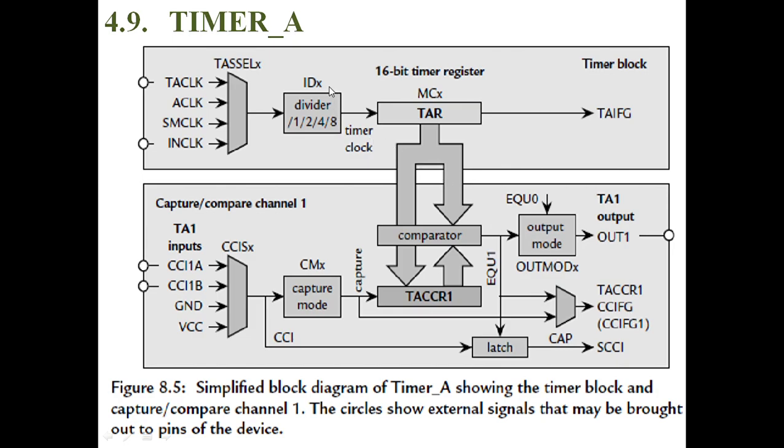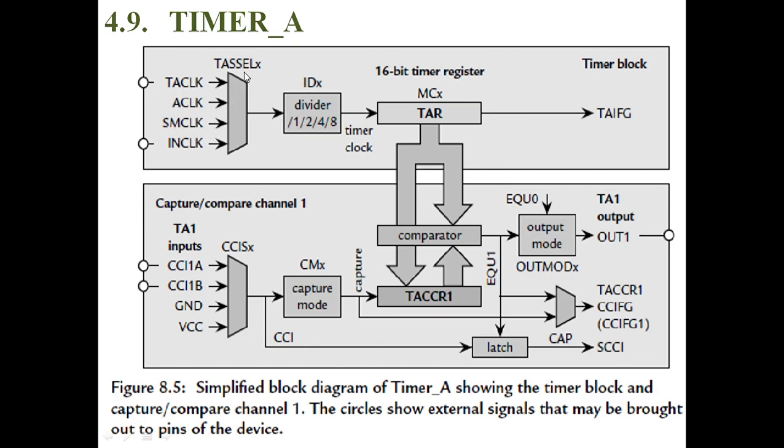So the clock frequency, that is the counter timing, will be configurable by using the input divider. It is sourced from the timer A source select, that is, the timer A clock, auxiliary clock, subsystem master clock, or input clock. Here, the timer A clock and input clock are sourced from external inputs or software. The auxiliary clock and submain clock are sourced from the internal clock system.